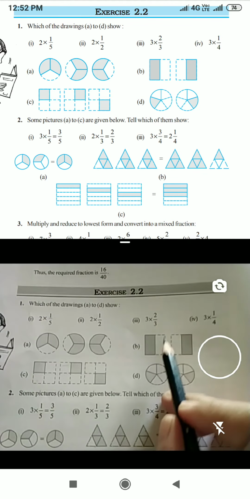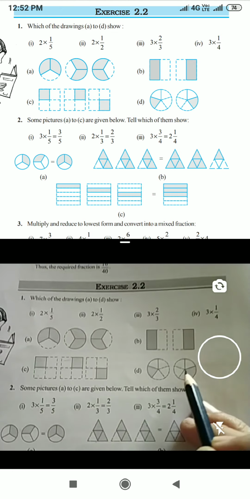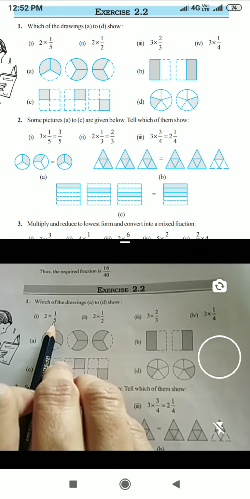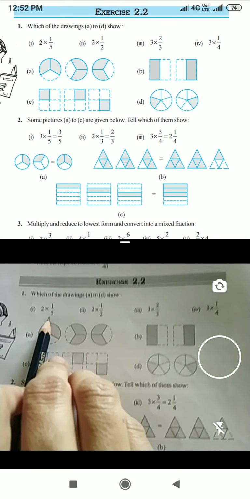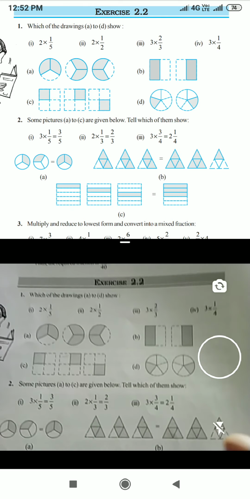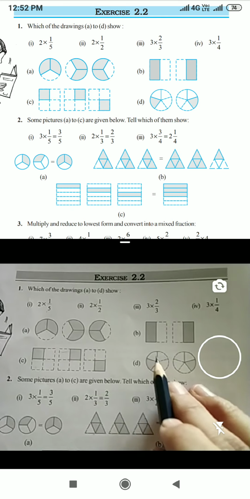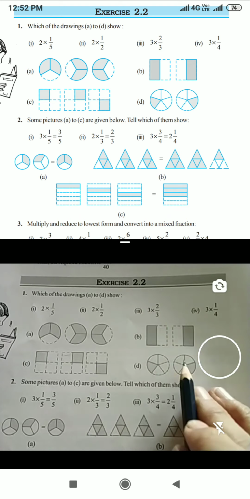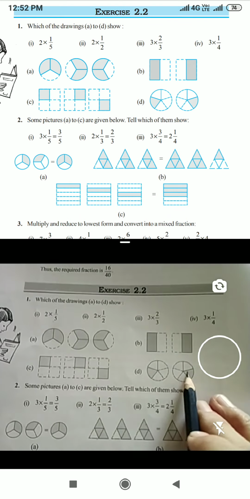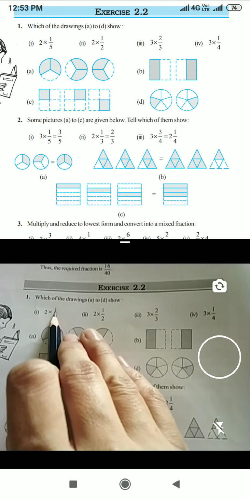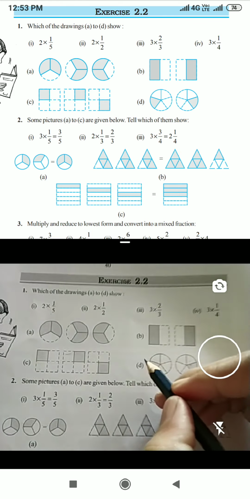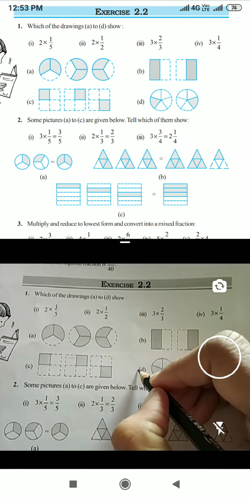Now I got your 2 whole figures, 2 options. In that, how many parts should it be divided into? 5 equal parts. Now we'll see this one, B1. No, it is only divided into 2 equal parts. This figure, 1, 2, 3, 4, 5, is divided into 5 parts. And how many parts should be shaded? Only one part, and here one part is shaded. Yes, then we can say that this is our first answer.